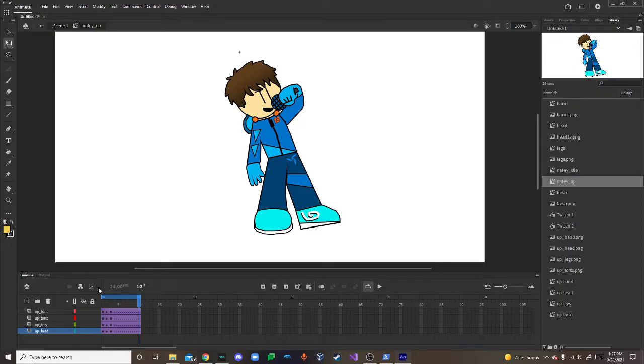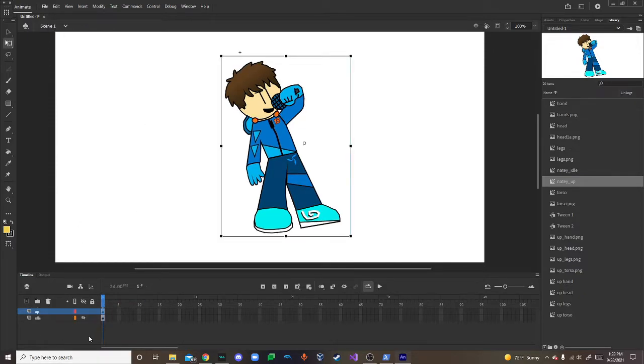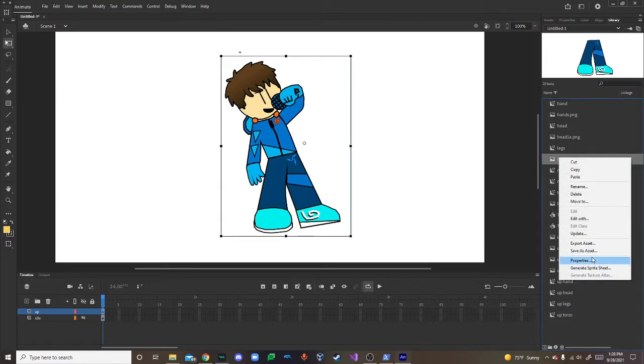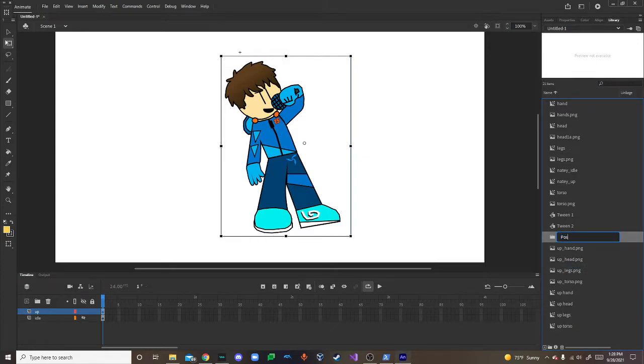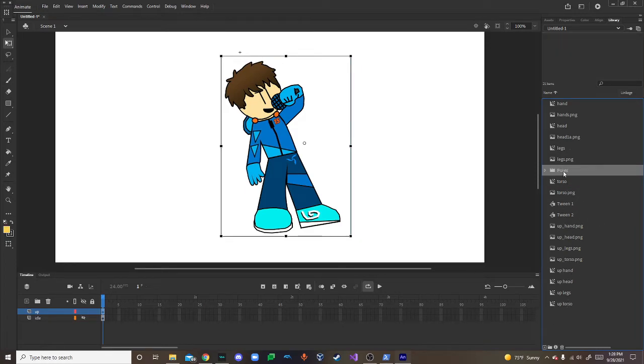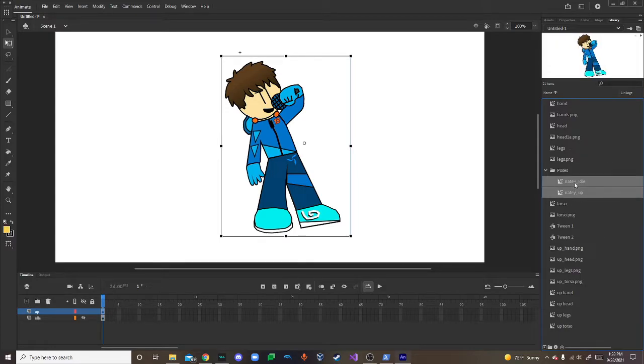So just do that exact same thing for the rest of your stuff. And then once you're all finished, first of all, let's organize this. We're gonna create a folder here. New folder, and we're just gonna name this like poses. And then we're gonna paste all the stuff in here. Only paste where it says your character and then its position. All right. Don't do anything else. And then you just want to select both of these. Right click,